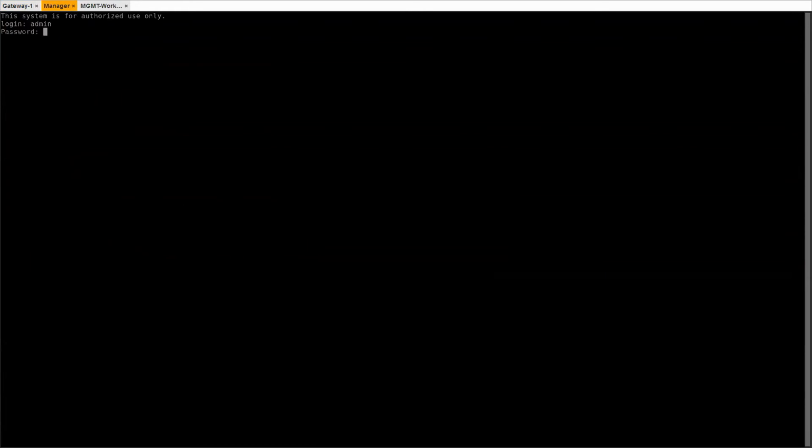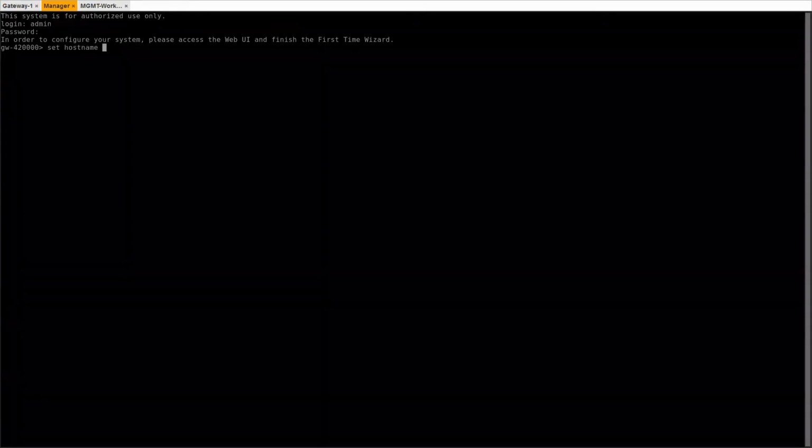So admin, and admin123 is the password, and then you can assign the IP address to the manager. So let's assign some IP address to the manager. Set host name, and then you can define the host name.